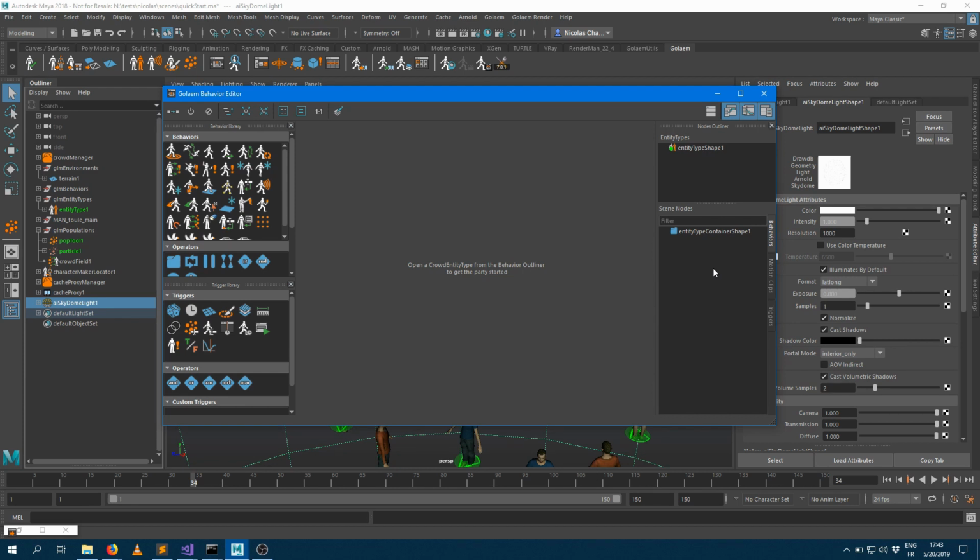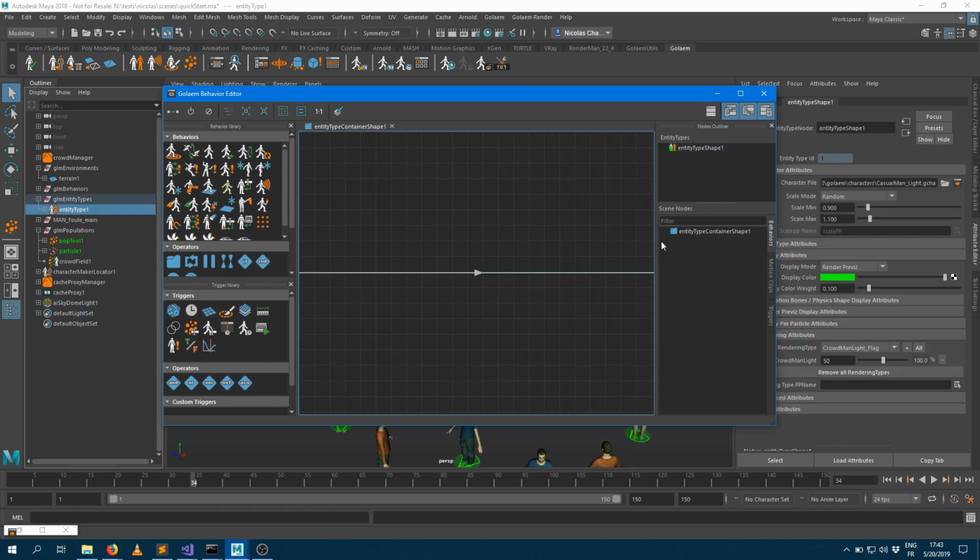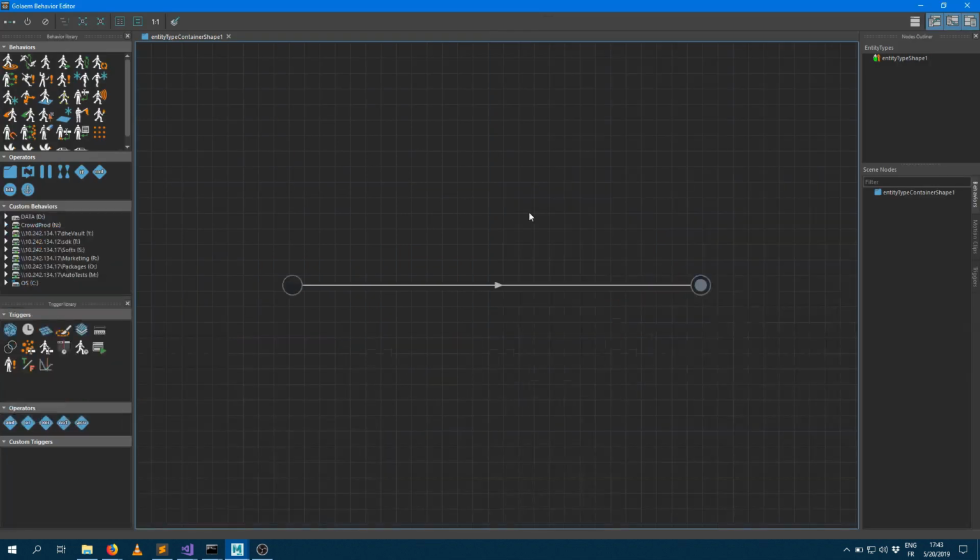For this quick start video, we'll just let them play an animation. The way it works is you have on the right side here your entity types. Right now I just have one, my casual man characters. If you double click on it, it opens the simulation state of your characters. Right now they're not doing anything. That's why they're playing that T-pose.